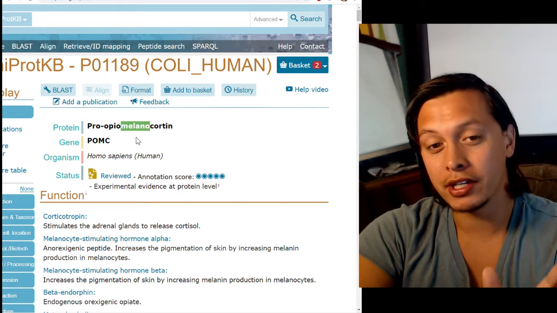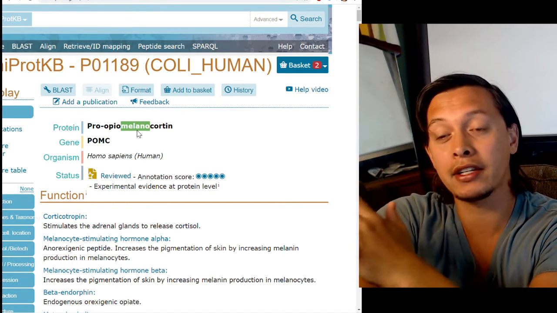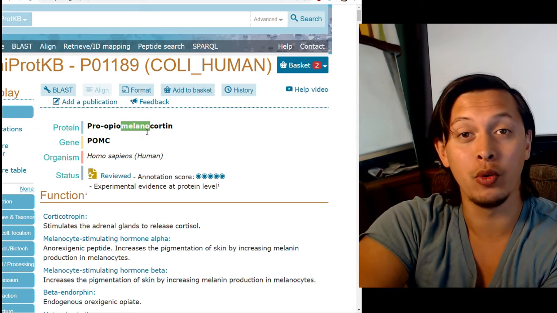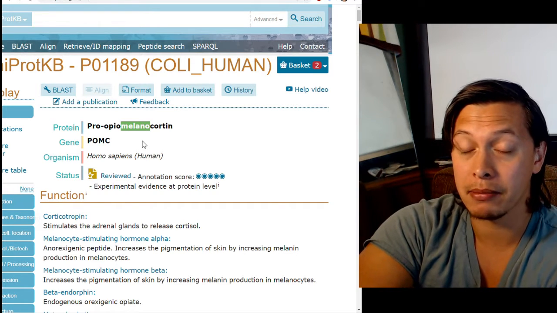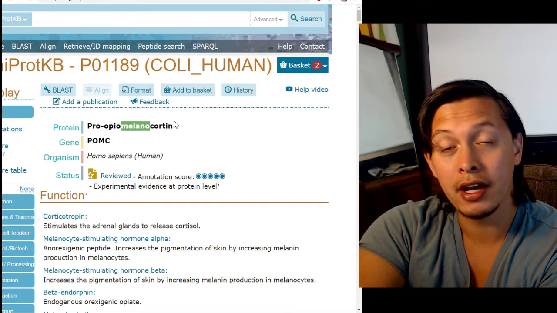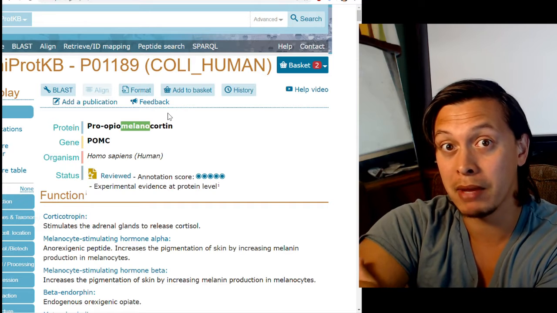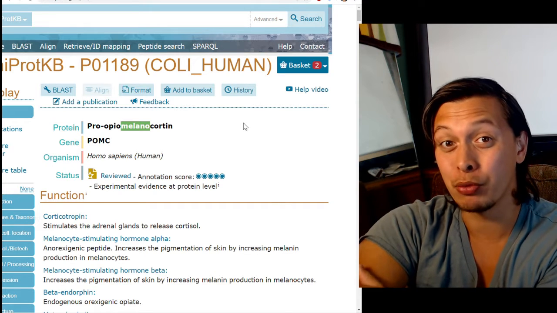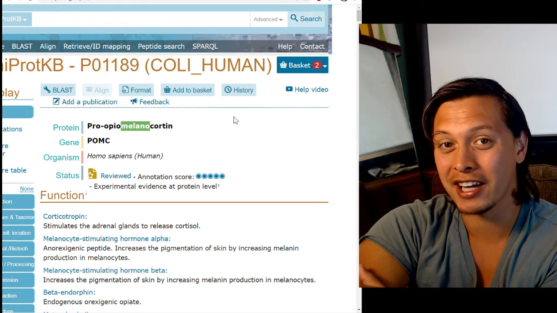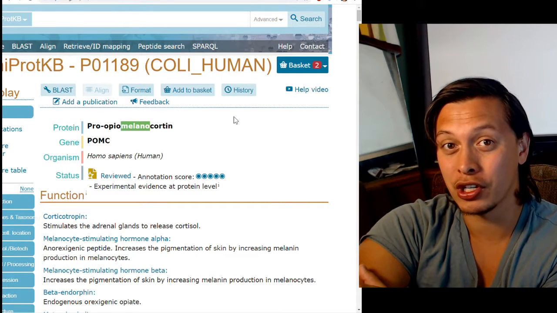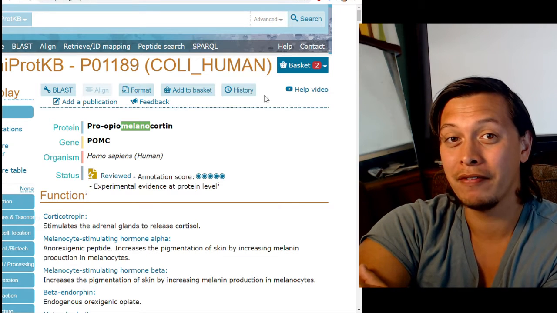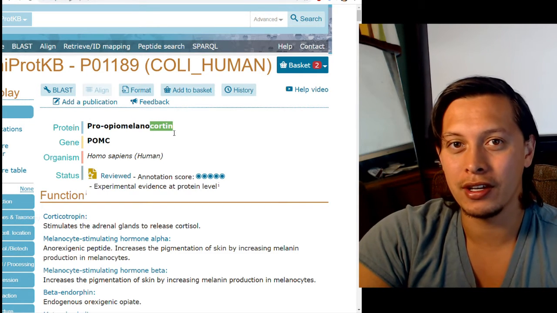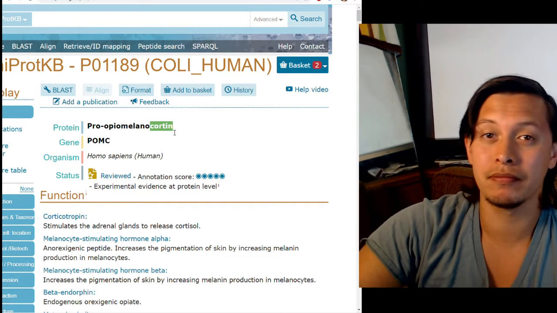By producing these peptides and releasing them, you are in fact encouraging the development of melanin. This is a somewhat controlled process, because when you are not getting enough sunlight and you're not producing enough vitamin D, you do not want to be producing melanin. That way, your skin stays more vulnerable to the sunlight, and then you can make more vitamin D. But if you're getting plenty of sunlight, you're going to want to produce some melanin to protect your skin from the sun, because it's a balancing act between the sun's rays damaging you and the sun's rays producing the precursors to vitamin D. So there's that, and then there's also the cortin, which is the part that produces the